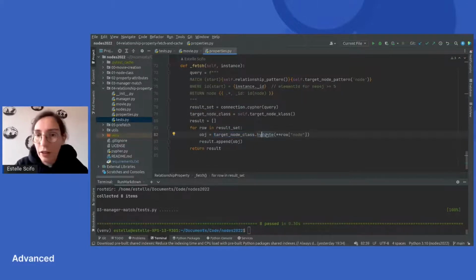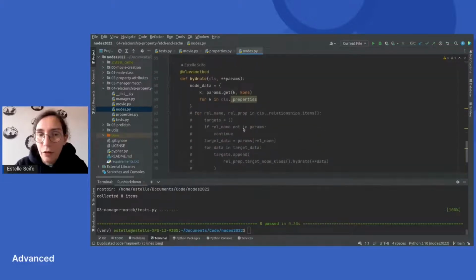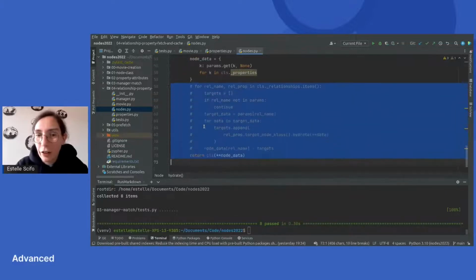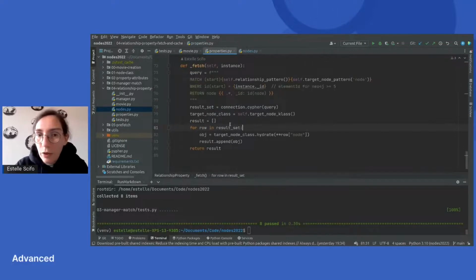That's one thing I've not told you before: the node itself is responsible for creating and instantiating instances of itself. So this is not required. You can see that we are iterating the node here from the data coming from Neo4j, and it returns an instance of itself. So that's what we are doing here.